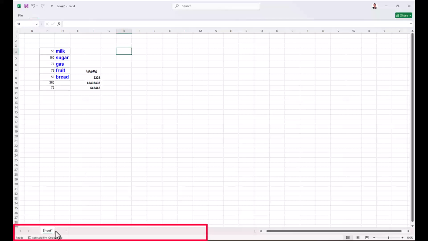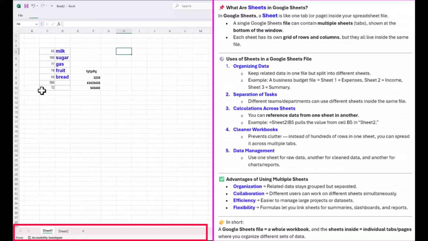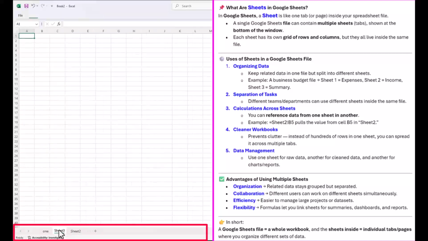And this is sheet 1. If I want, I can create sheet 2. This is another one. This is sheet 1, because you can have hundreds of sheets. I can click here, and even if I right click on this, I can rename it. For example, rename it number 1. Anything. Click rename. For example, number 2 to see much better. For example, rename it number 3.